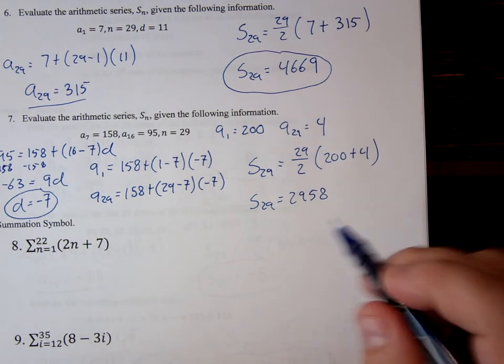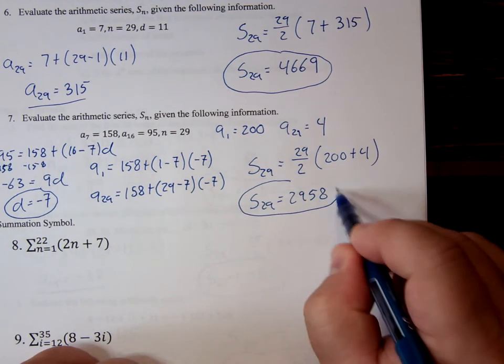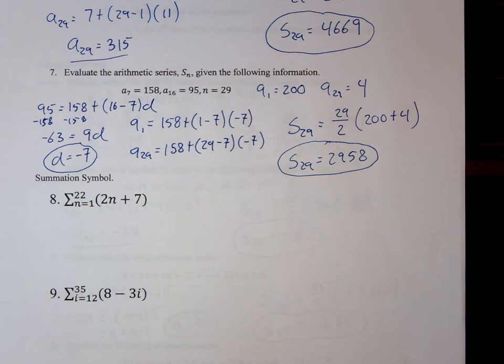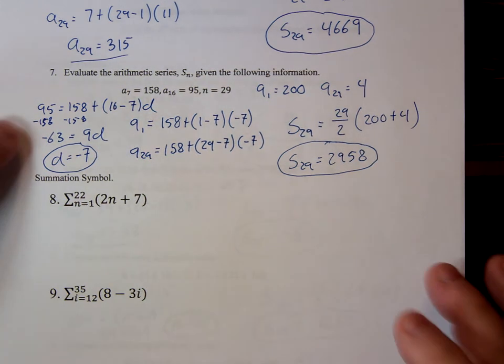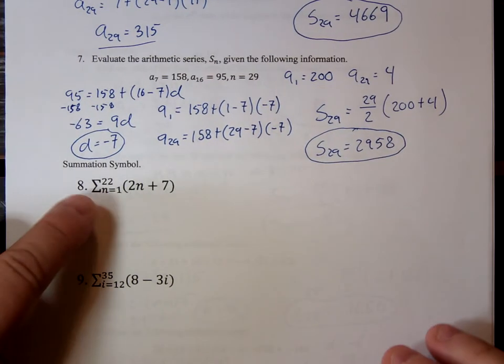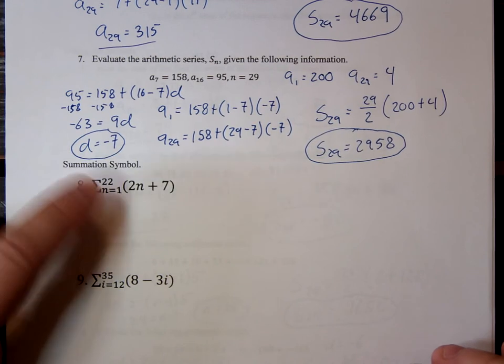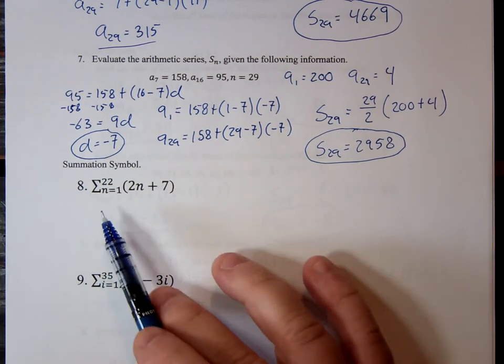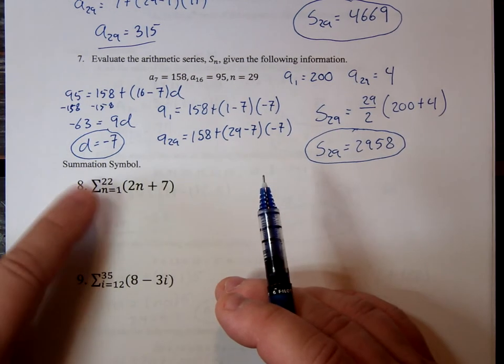All right. Lots of work with that one, but not so bad using that other formula. All right. So down at the bottom, these are very common later on in math. This is called a summation symbol. It's a capital Greek letter sigma. And it says, find the sum of, so it's a series, find the sum of